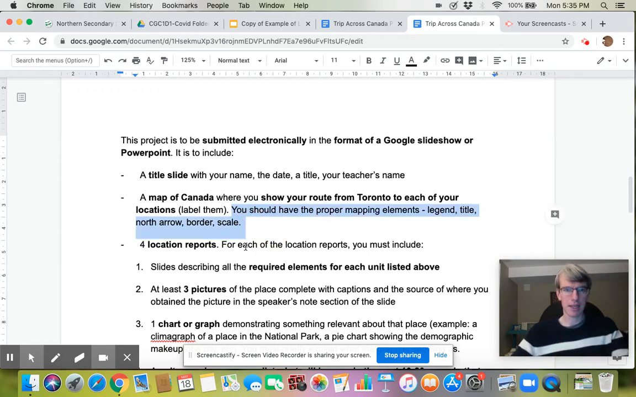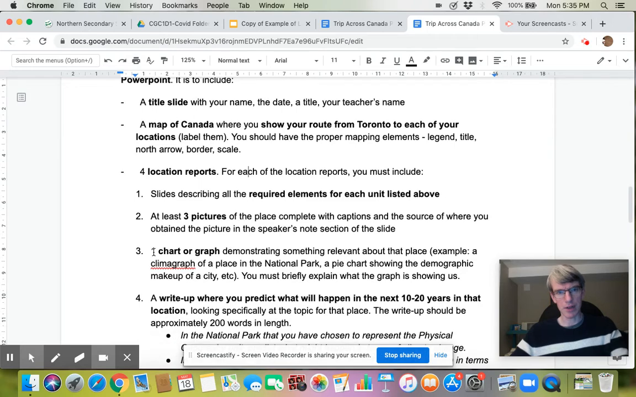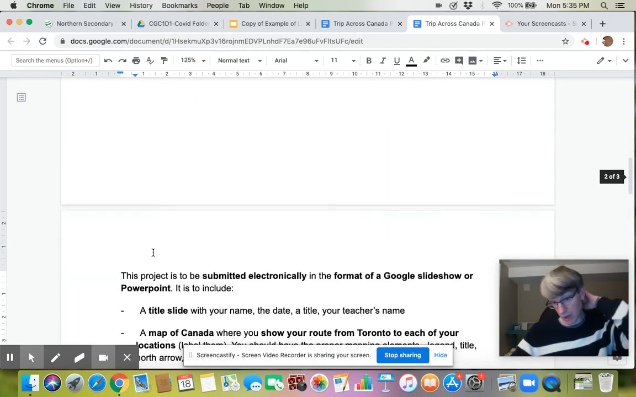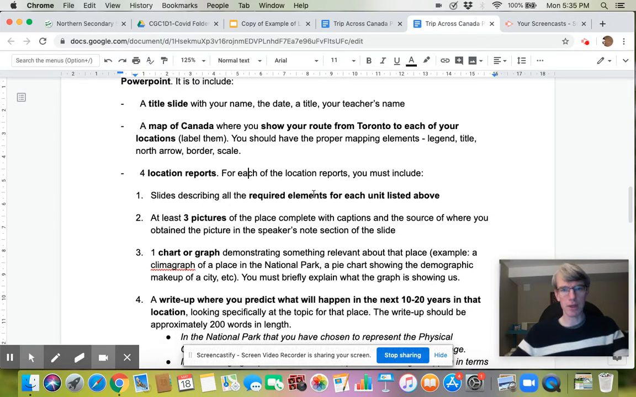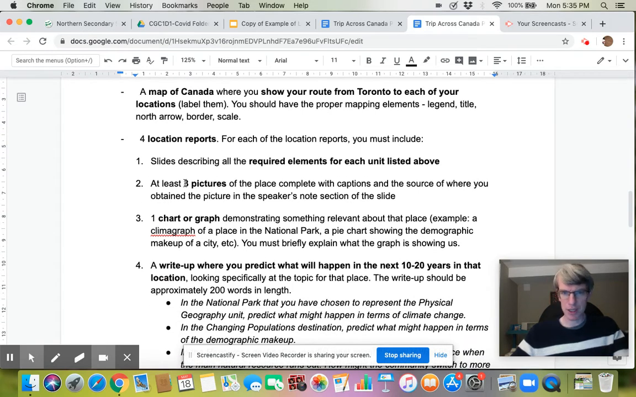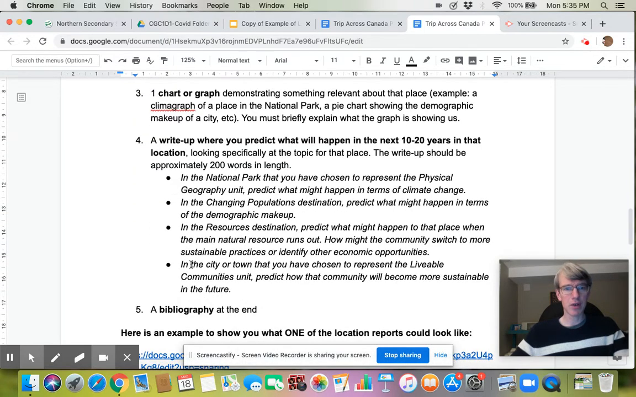Then you're going to want to have a few pages dedicated to each of the locations that you visit, based on the 4 units. Then you're going to want to fulfill each of these requirements, including 3 pictures and at least one chart or graph. I'll show you how you can find that stuff in a moment, because there's a lot of great resources from Stats Canada. And then a general write-up, roughly about 200 words in length,